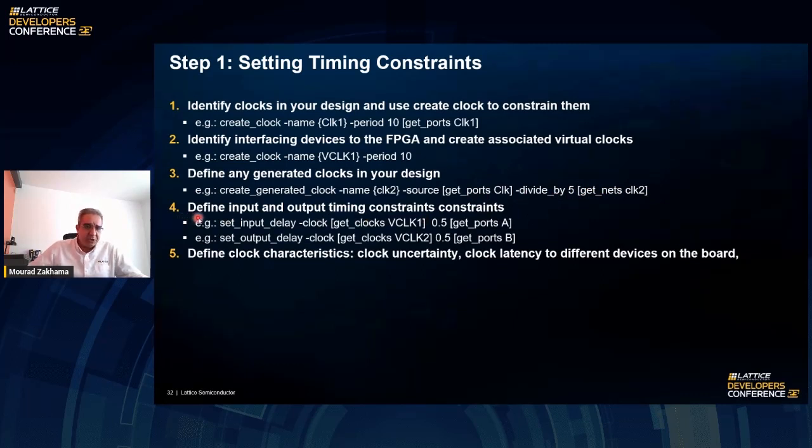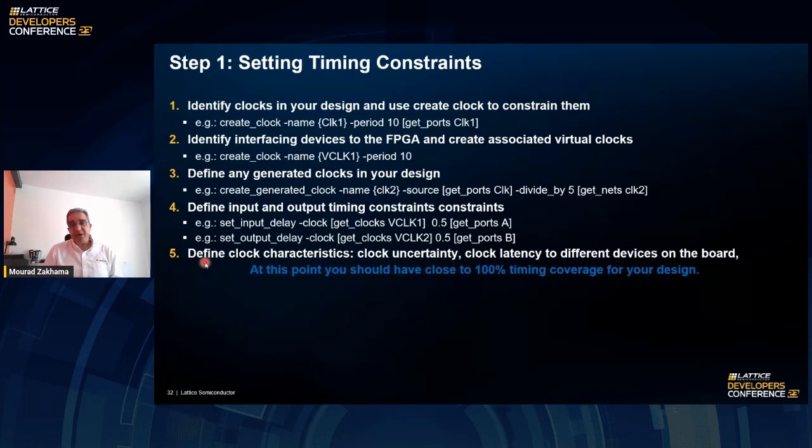And then once you've done that, you define your input and output timing constraints, which refer to the virtual clocks that you created in this step. And then you define any clock characteristics, whether clock uncertainty, clock latency, any different clock skews between the different clock domains, and so on. If you do all these 5 steps, you should be good to have 100% timing coverage